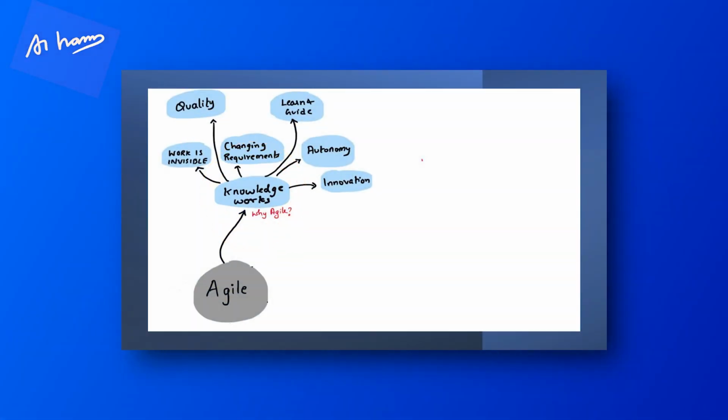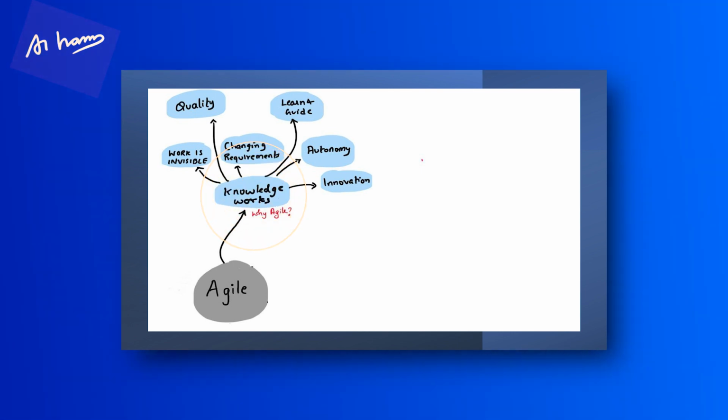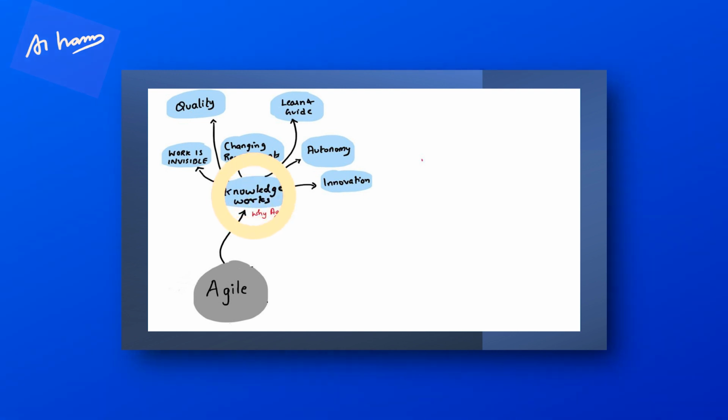Because Agile is for knowledge work projects, where things are quite uncertain. We are not aware of exactly what we have to build until we actually build it. We just know the requirement. How it is going to get used by the users, you're not going to understand immediately. So for that kind of working, we need to use Agile.